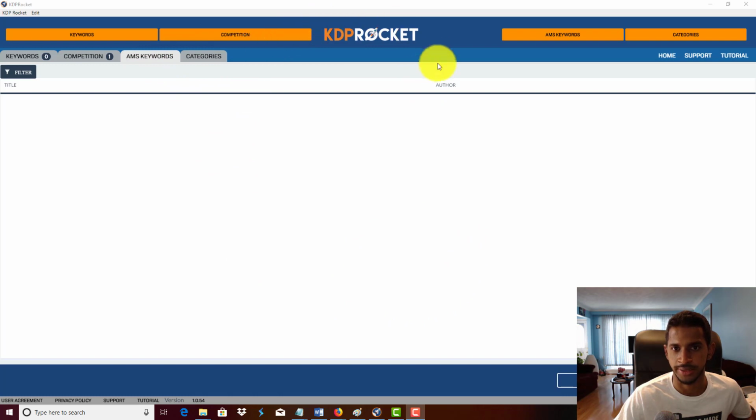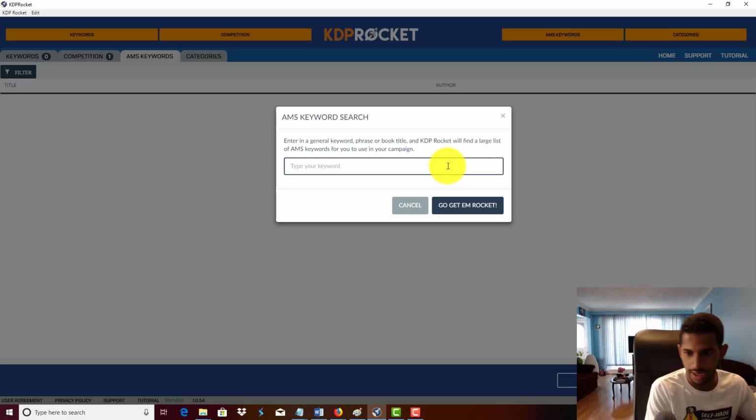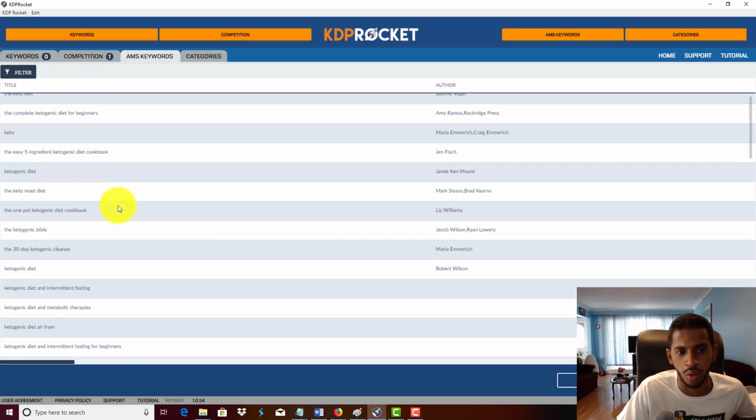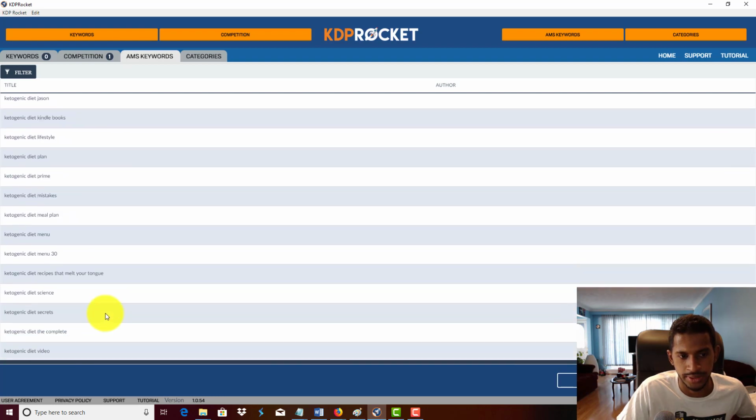once you purchase the KDP Rocket, I believe it's like $97 or so. Don't quote me on that. I believe it's around there. It is 97. Anyways, once you've purchased that, this browser is gonna populate. You're gonna install it, download it, and then you're gonna have options, right? You're gonna have keywords, competition, AMS keywords, categories. So for the sake of this video, we're saying AMS, right? So let's find AMS keywords. So I'm gonna type in the ketogenic diet, and then as you can see, it populates a whole bunch of keywords and titles even